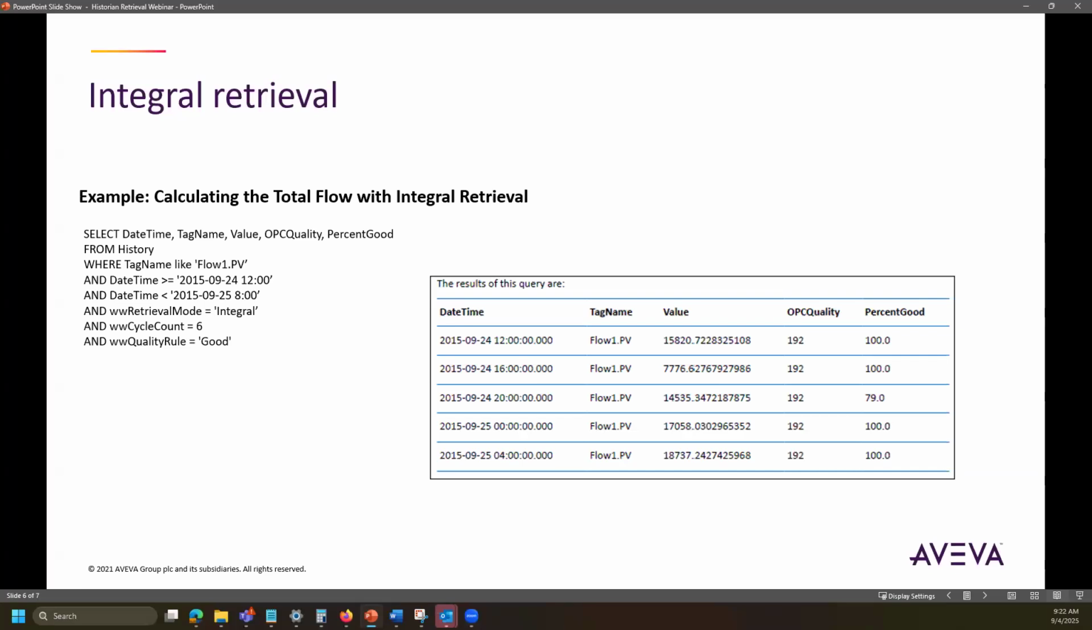The integral retrieval only works with analog tags. So this is one thing to note here. For all other tags, the normal cyclic results are returned when you're using the integral retrieval. So calculating the values for the cycle in the integral retrieval is basically two steps. The first one, the historian calculates the area under the graph created by data points. This works the same as in the average retrieval, as we said. And then after that,